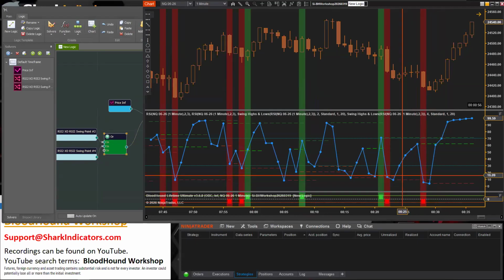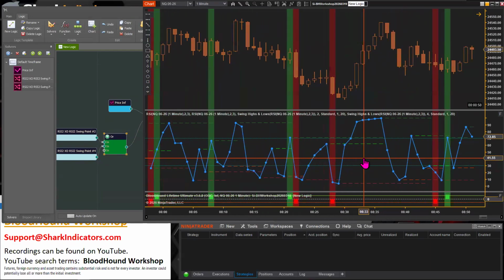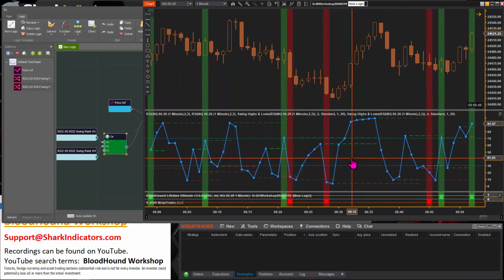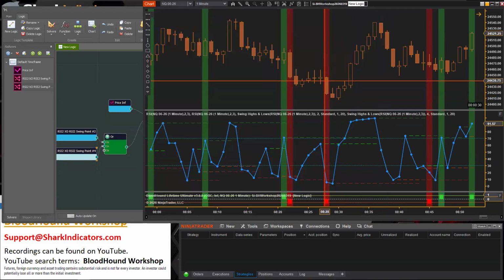And let's see, I think this is probably technically fruitless, not going to bear any fruit, because remember, the signal has to occur on the first bar that changes direction, which means the RSI is really only going to be crossing the most recent swing low or the most recent swing high, like right here.